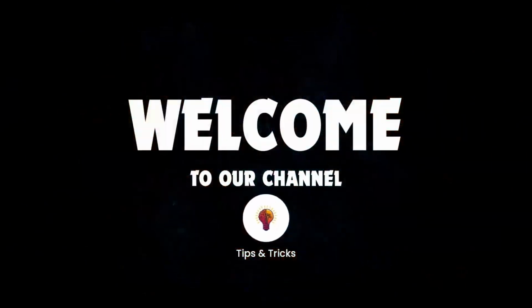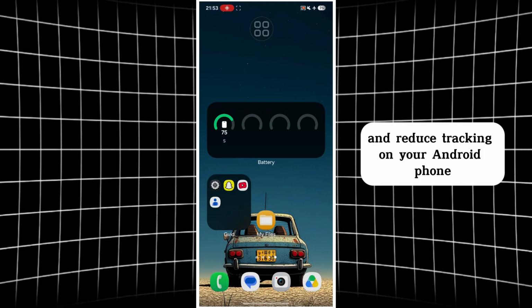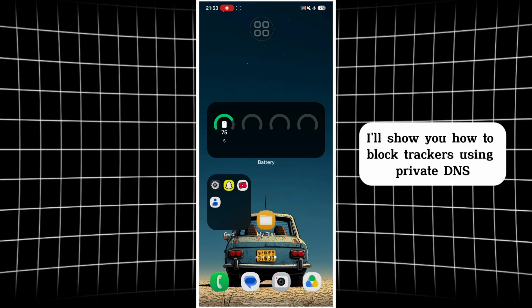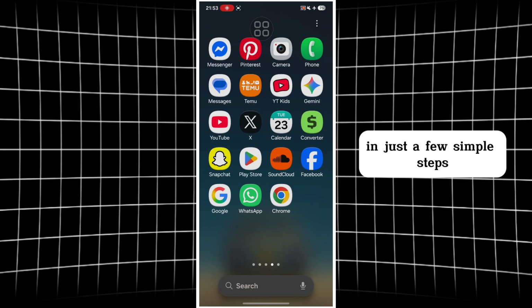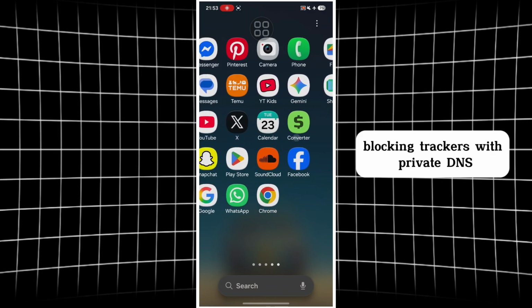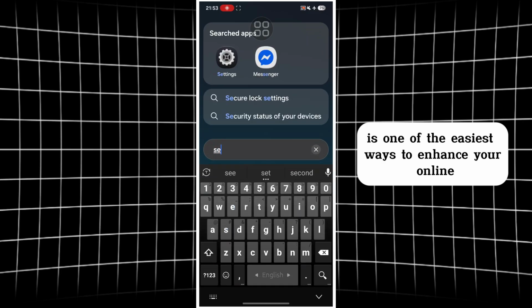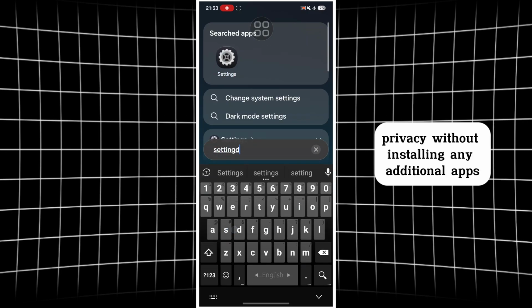Hi friends, want to improve your privacy and reduce tracking on your Android phone? In this guide, I'll show you how to block trackers using Private DNS in just a few simple steps. Blocking trackers with Private DNS is one of the easiest ways to enhance your online privacy without installing any additional